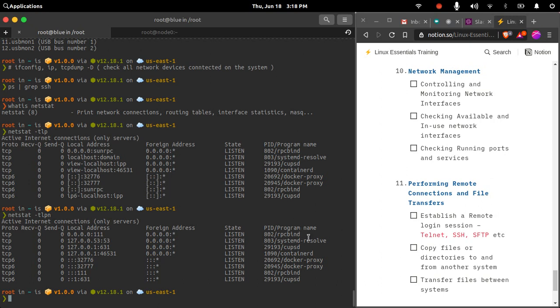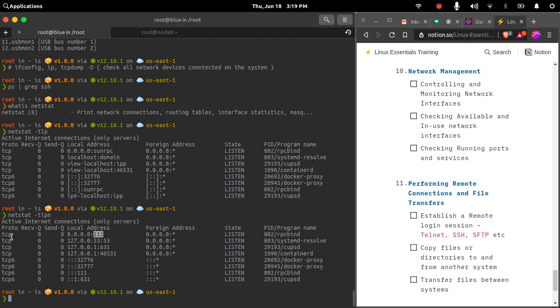So these are the current program names, and you can even check the program ID, the PID of those processes. So these are the process IDs along with the name of the program. And this is the local address. So this is my host address on which these services are running. So these programs are actually listening on this particular IP address and this port. So the format of